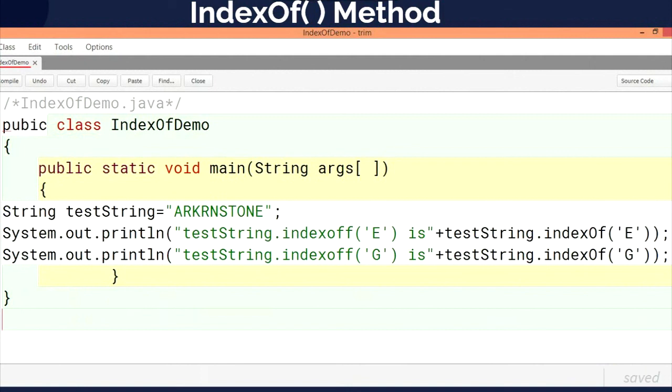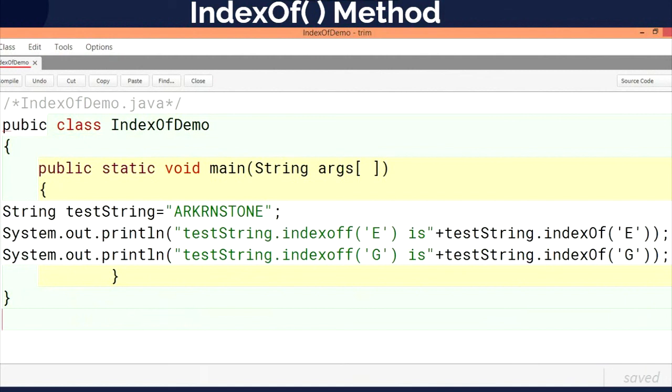Test string dot indexOf e, that is in the green part, so it is a statement. What is the calculation we are doing? We are going to do plus test string dot indexOf e. So the position of e has to be identified.